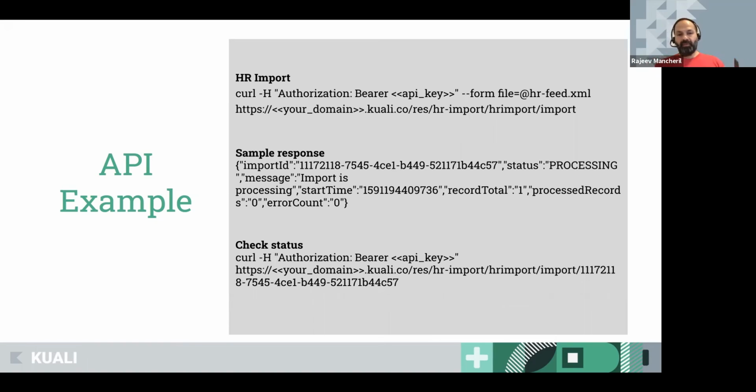In the next section, you can see how you can check the status. Basically, you're using the same import ID from the above response, and you can use that endpoint to look at what's going on, how it's being processed, whether it's complete. And as I mentioned earlier, there's also an option that you can specify in the XML file. You can specify the email address, which will receive the status once it's complete.